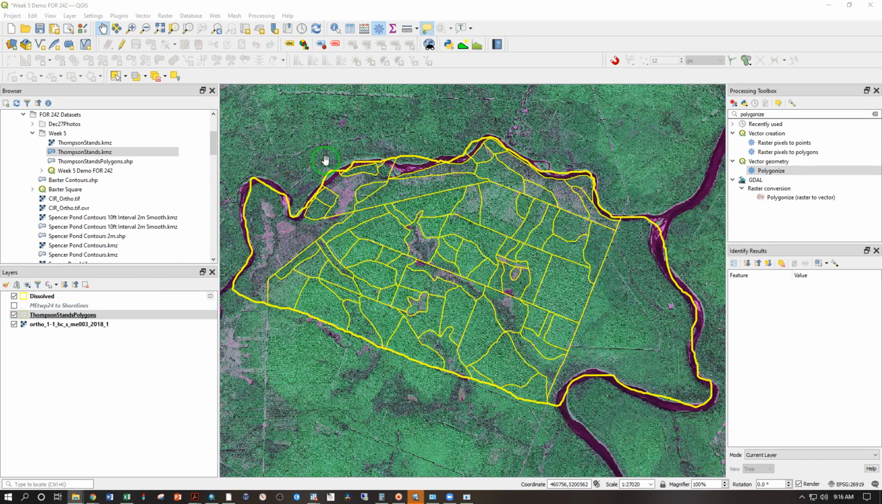So the boundary is good, and I want to use that boundary to get the soils data from the USDA Web Soil Survey for this area exactly. I don't want to know anything outside of that. I want the soils for my property. The way we're going to do that is first save our